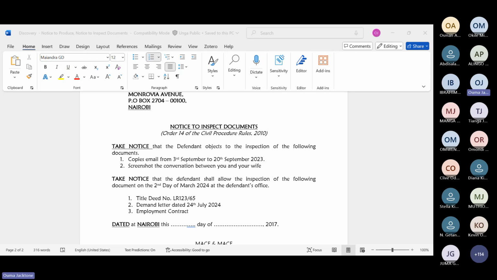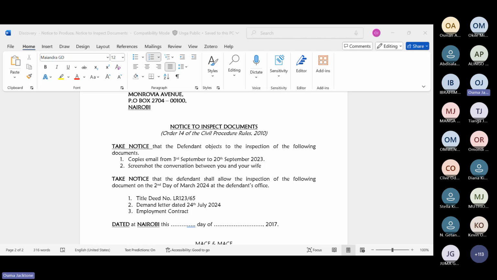Are we together? All right. So that is inspection. We are done with inspection. Very, very easy. Let us go to interrogatories. Interrogatories is very easy. I just mentioned two things in 2 minutes so that we can close the meeting. It's a long one. When it comes to interrogatories, if you want to discover facts from somebody, they have facts, you want them to tell you more.